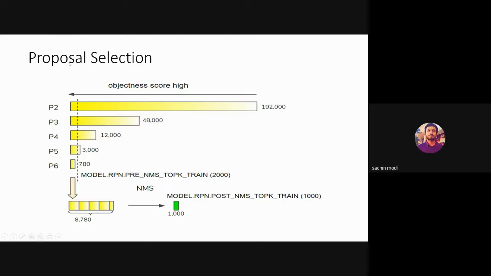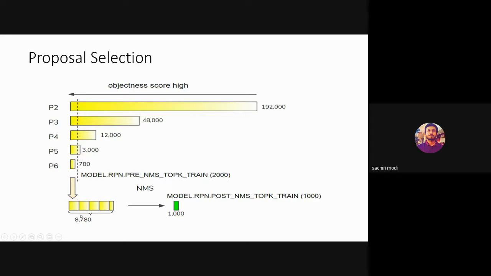So how are boxes selected? How is proposal selection done? At every stage there are multiple anchor boxes. We sort them by their objectness score, and we select the top 2000 out of each feature map.